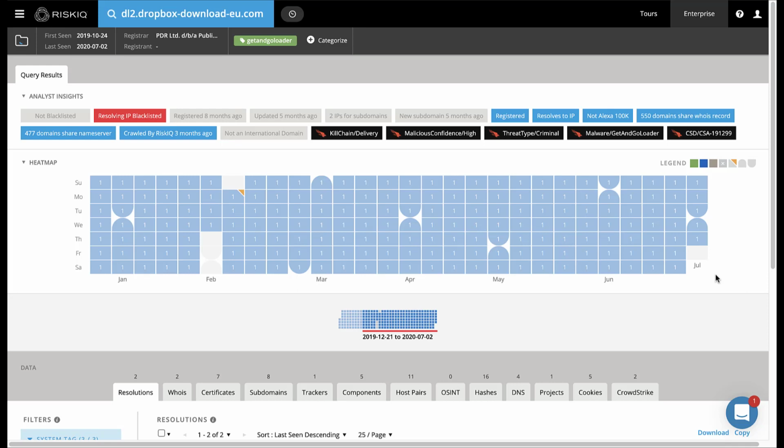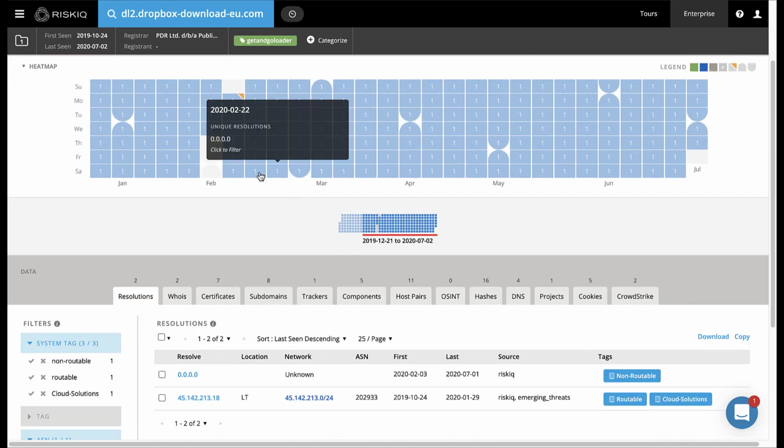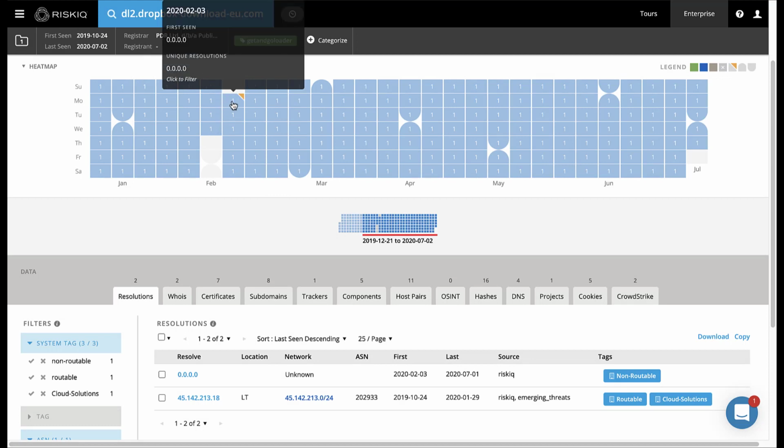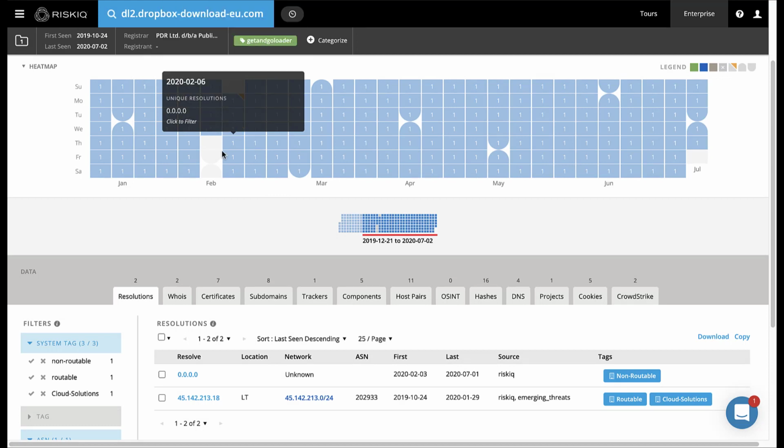For CrowdStrike and RiskIQ's joint customers, the CrowdStrike intelligence tags also appear within the RiskIQ interface. Below the tags, there is a heat map that depicts the history of activity for this domain. It illustrates a change was made to how the domain was mapped around the end of January, and now it appears to be parked. Below the heat map, there are additional tabs for specific details available in the RiskIQ dataset